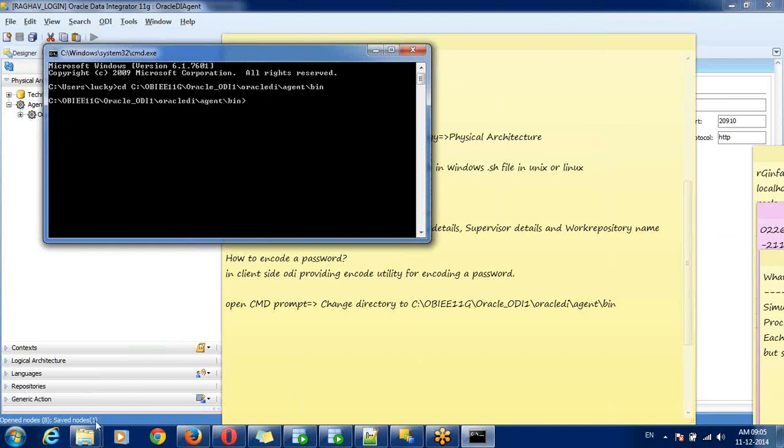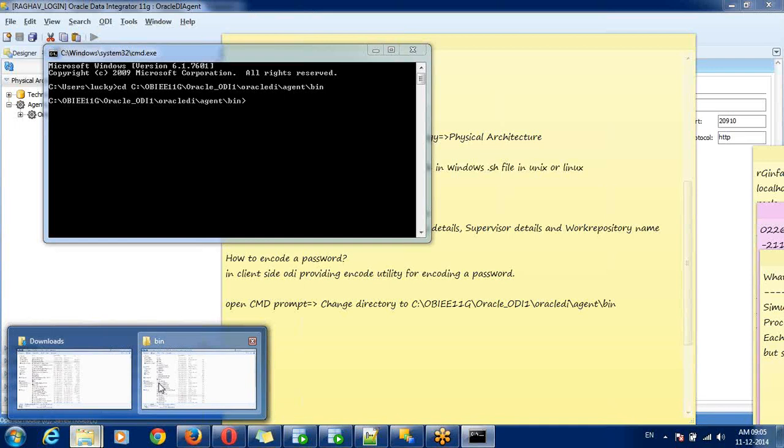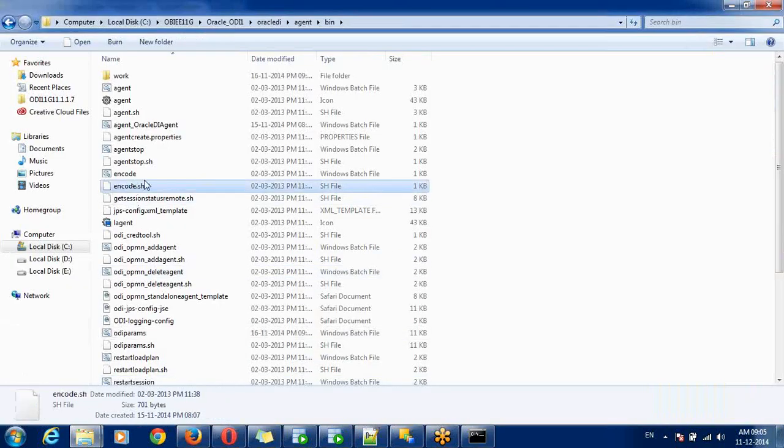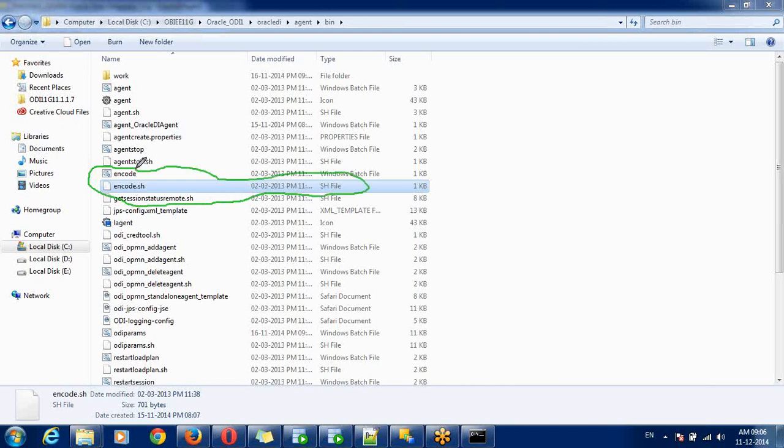You have an encode utility. You can find it here. You can use this to encode a password.